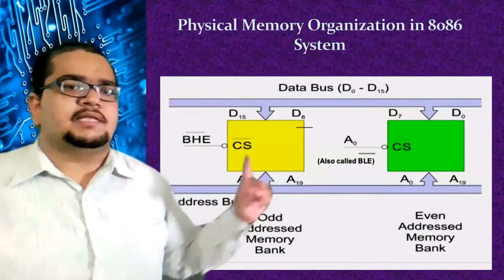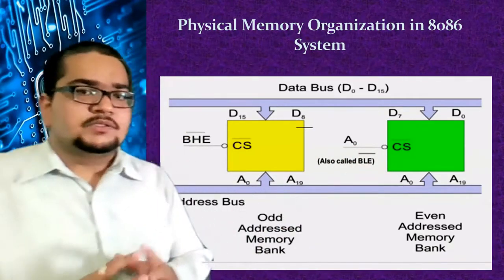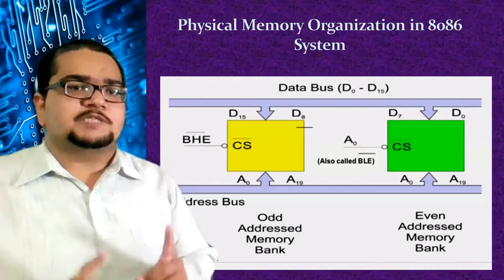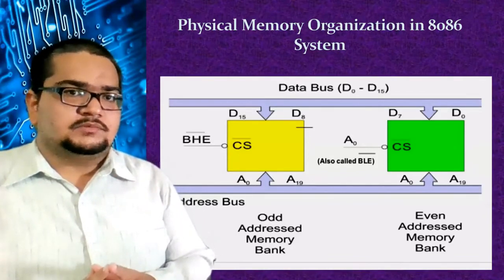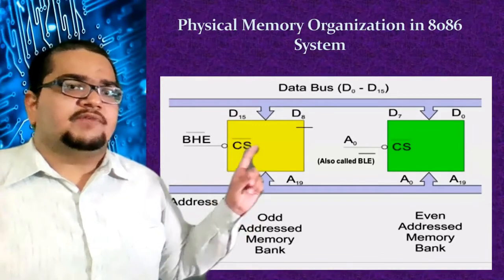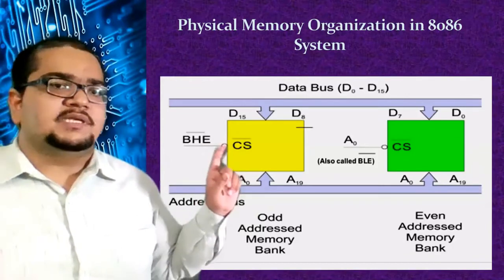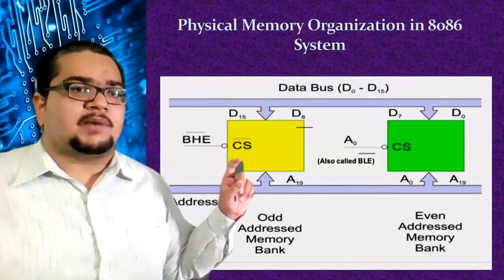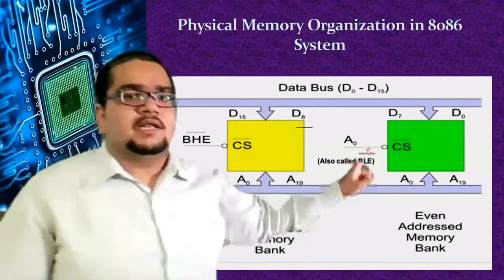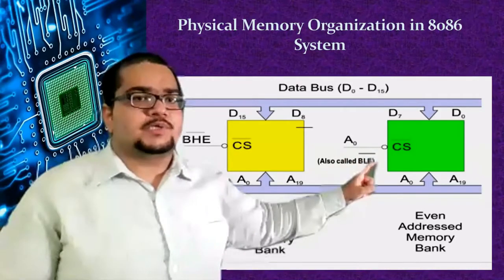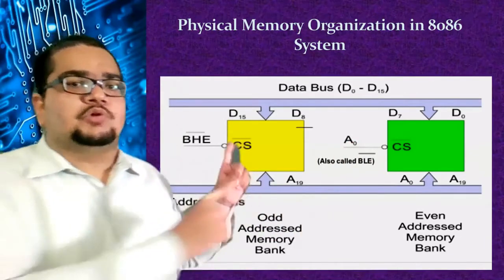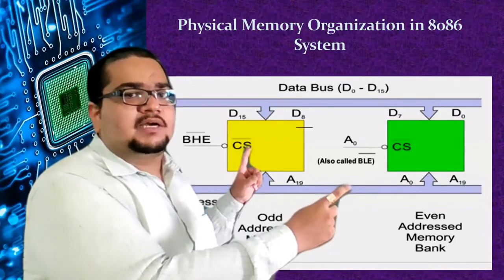Okay, here this chip select line is there, and there also it is there. So when you want an exchange of data from or to the memory, this particular chip select has to be enabled, should be on. Here the chip select itself is active low. You can check it out here. When I give BHE bar 0, this CS bar, chip select bar, is also 0, and as it is active low, this chip is selected. In the same way here, whenever A0 is 0, CS bar is also 0, and at that time that chip is selected. Okay, so when both are 0 0, both the chips are selected, and simultaneously 16-bit data access will happen.